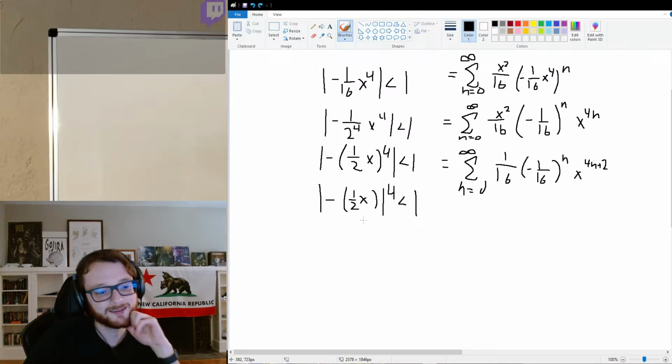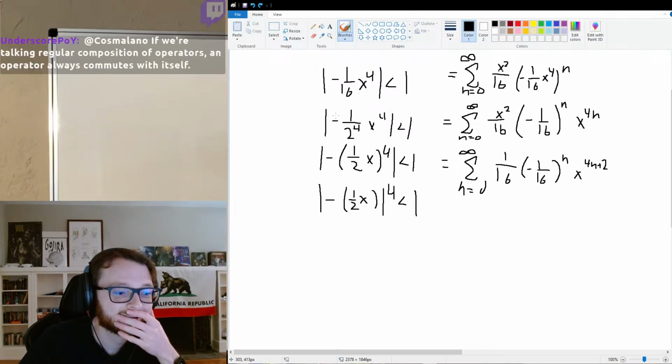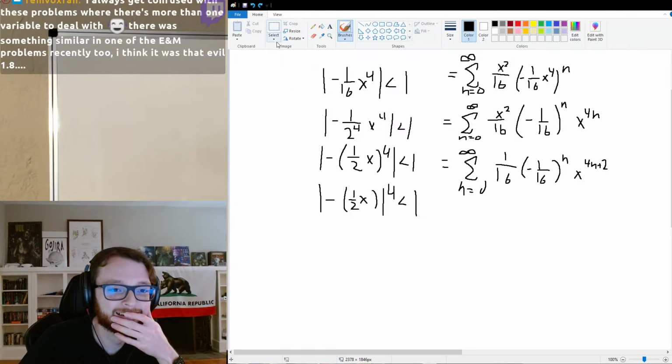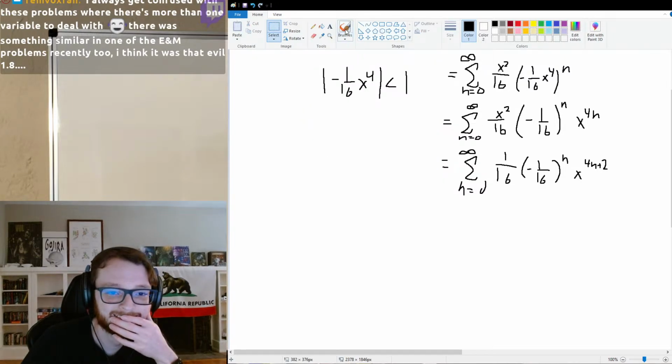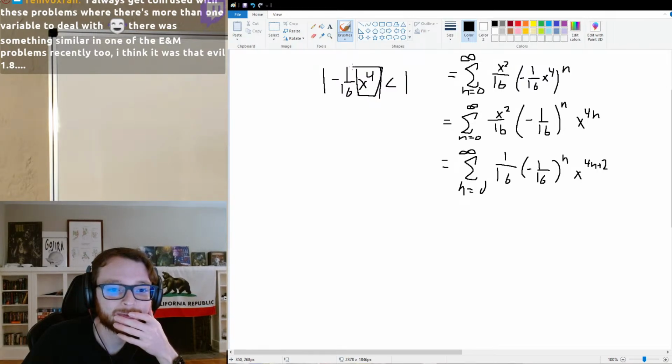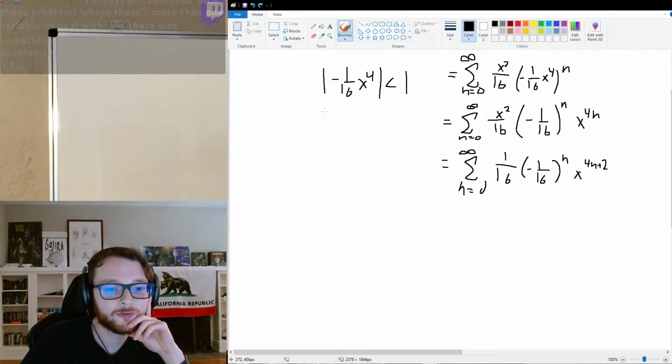Can I say, okay. Okay, this feels kind of dirty, but x to the 4th is always a positive number, and even if it wasn't, the absolute value of this thing is equal to the